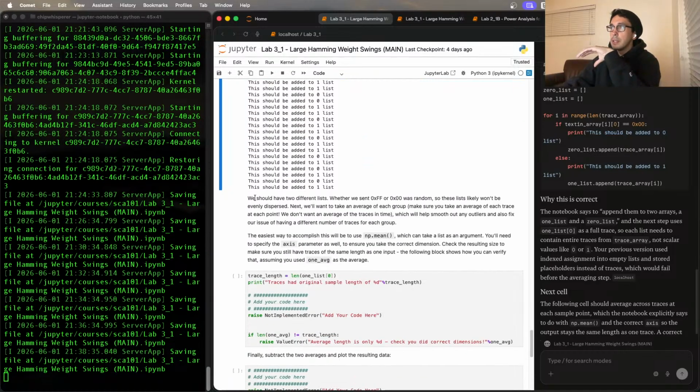We should have two different lists. Whether we sent 0xff or 0x00 was random. These lists likely won't be evenly dispersed. Next, we'll want to take an average of each group. Make sure you take an average of each trace at each point. We don't want an average of traces in time,